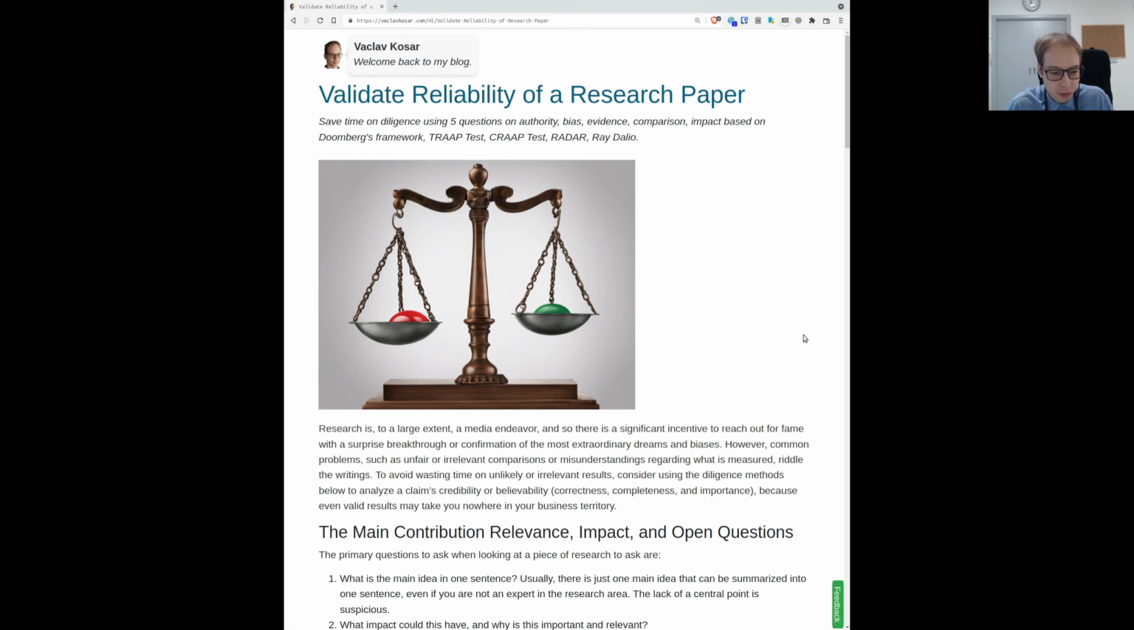So research to a large extent is a media endeavor. There is significant incentive to reach for fame, surprise with breakthroughs, and confirm existing biases. It's a lot about publishing something that other people find interesting, referencing something that other people know, to sort of add something new, and